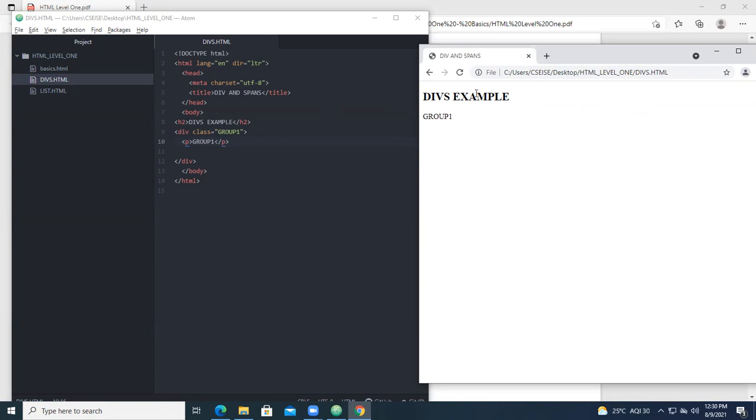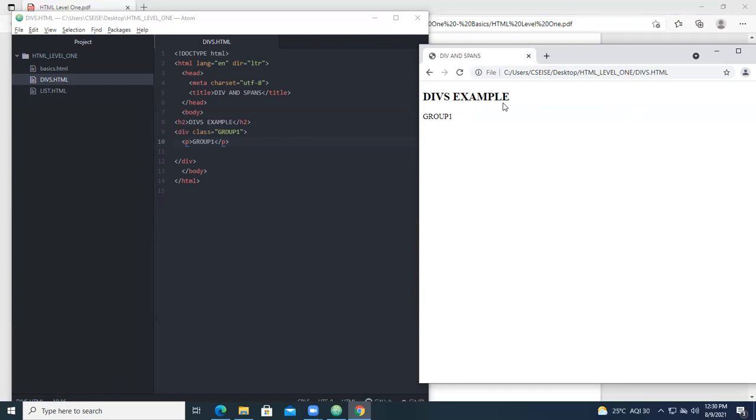We have just given the example how to create a div class. Class number 1 will be a part of the web page, class number 2, if you divide this particular web page into 3 parts, division 1, division 2, division 3.